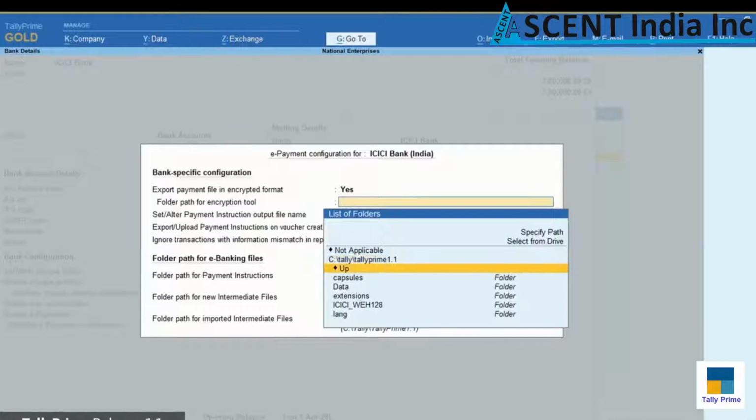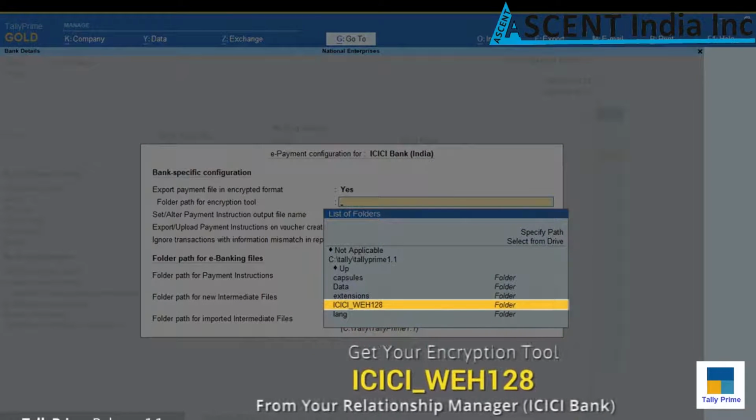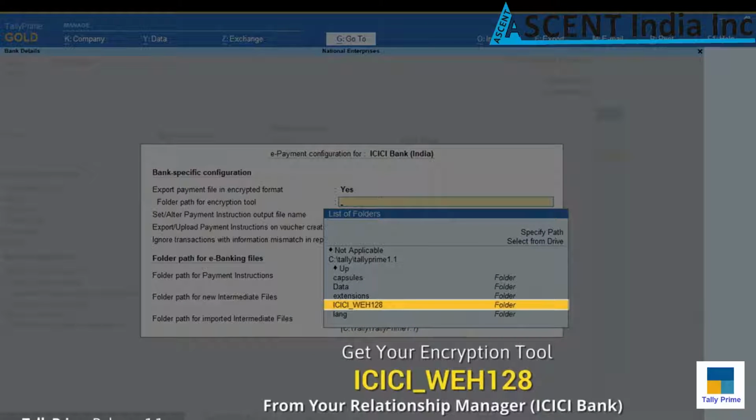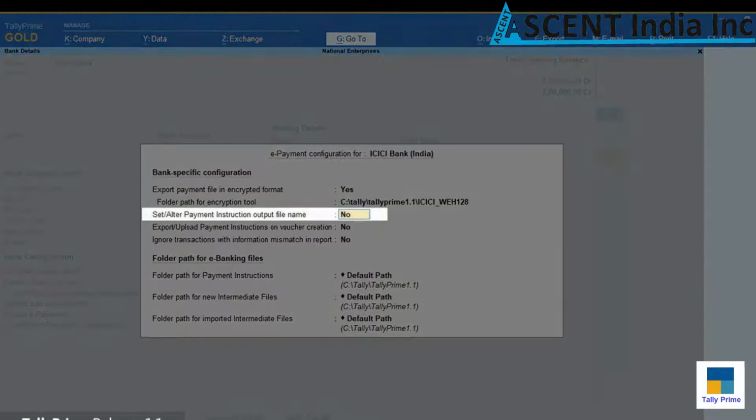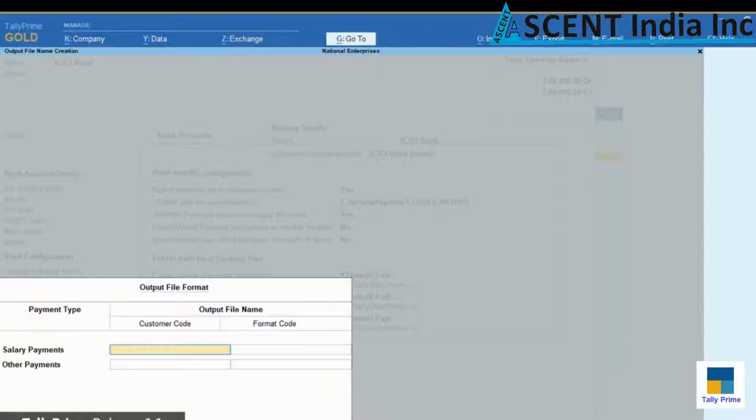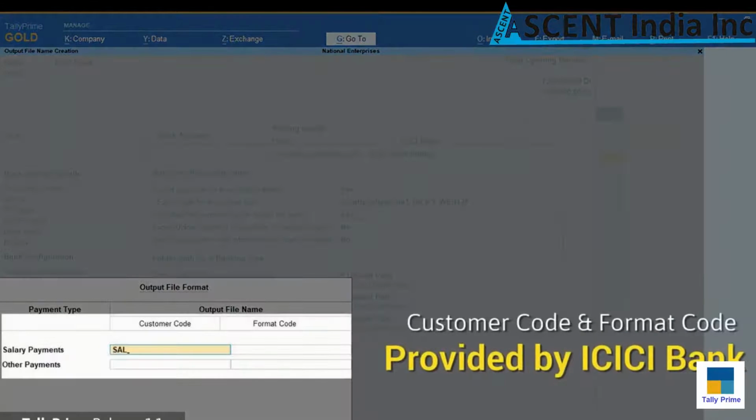The encryption of payment file is mandatory for uploading it on ICICI Bank portal. You need to avail the encryption tool ICICI_WEH128 from your ICICI Bank Relationship Manager. Enable Set or Alter Payment Instruction Output File Name in order to set the name of the output file name. In the output file format screen, enter the customer code and format code as provided to you by the bank